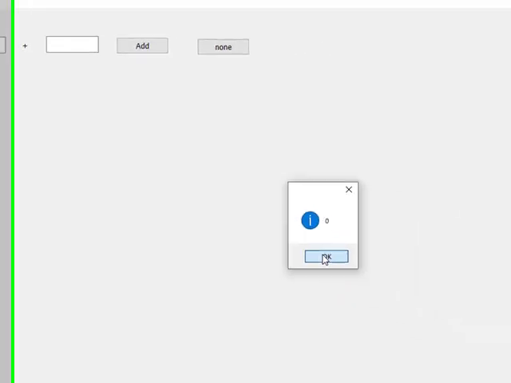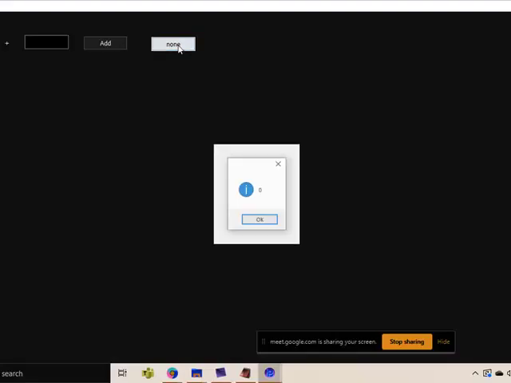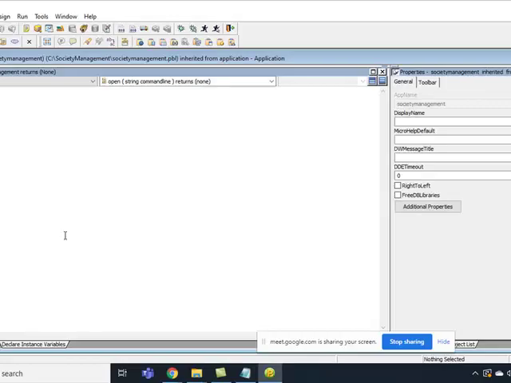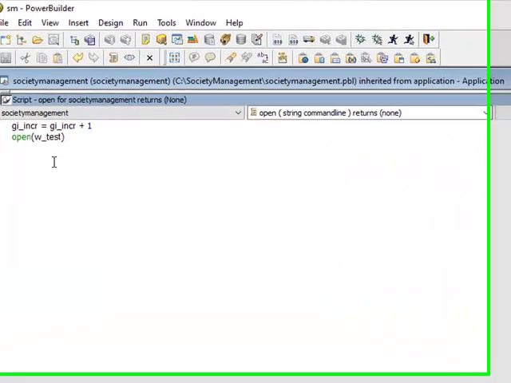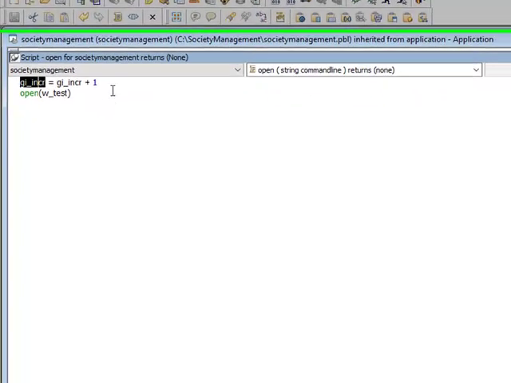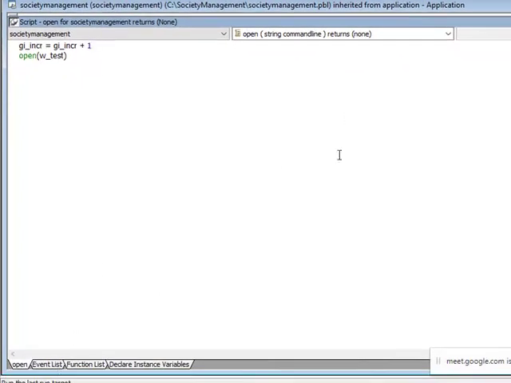It is giving me 0. Why is that so? Let's check that. 1 plus... GI_INC are assigned with 1. Yes. Oh, is it? Okay, perfect.